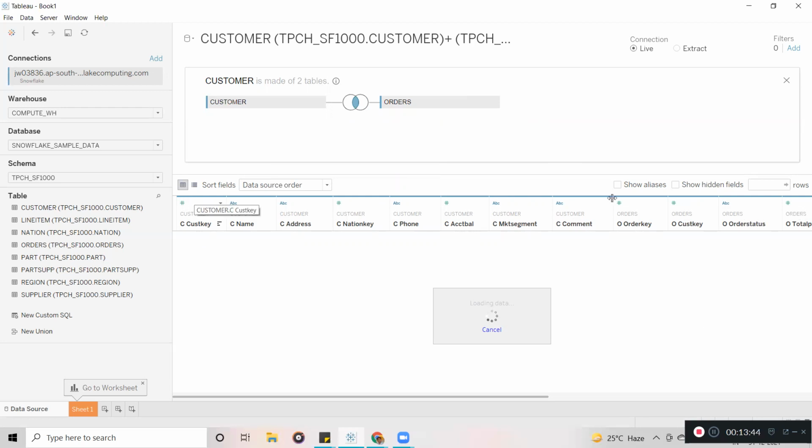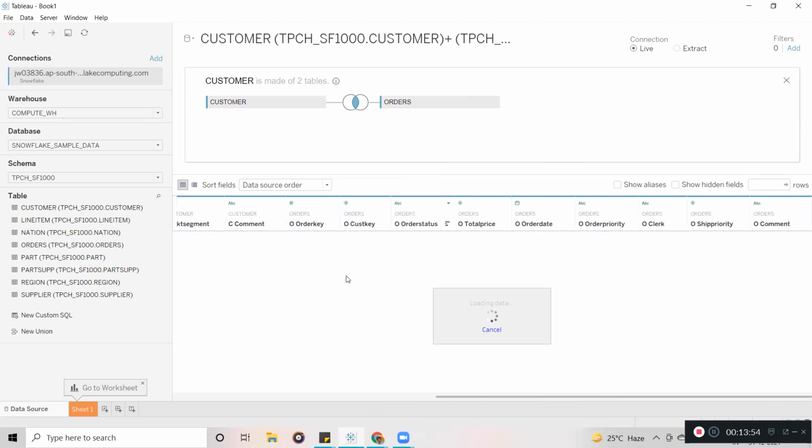Now you can say the fields from the customer table and from the orders table are showing in one place. In the earlier case, whenever you clicked on the customers logical table, you were able to see only the fields available in the customer table. Whenever you clicked on the orders logical table, you were able to see only the fields from the orders table. Now here the data is going to be stored in a single table.